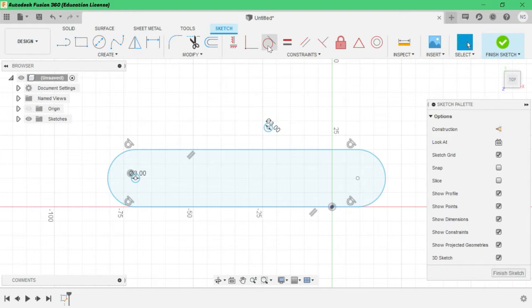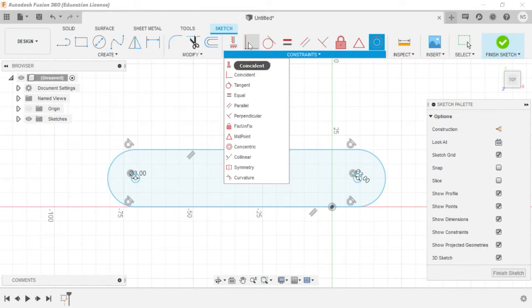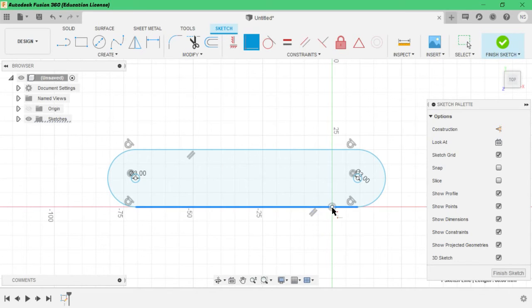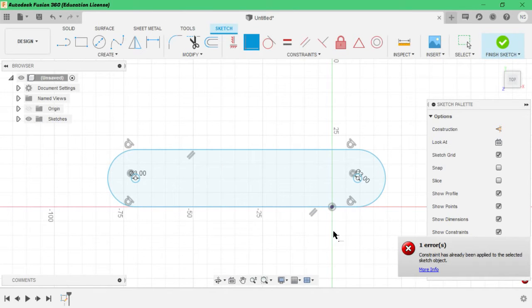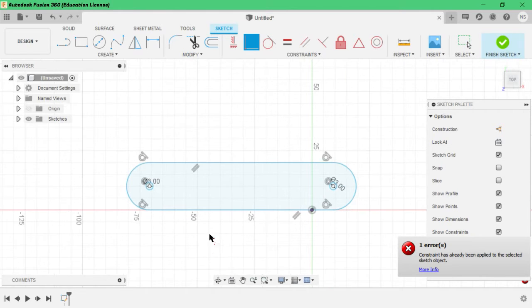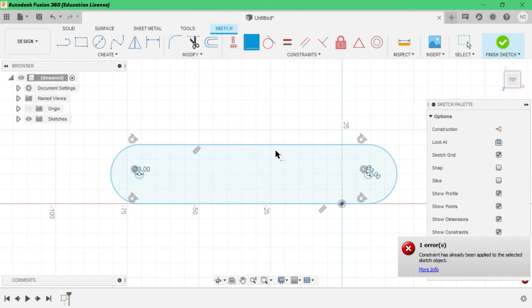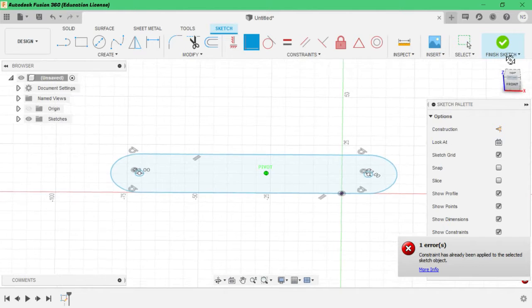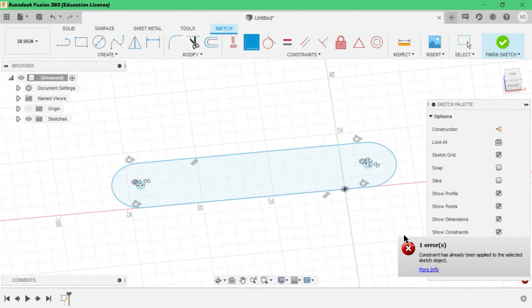click and draw. Now click on concentric. This has to be concentric with this. See how it works. Now these are all in constraint, and again we will give a coincident on this and this. It is already applied. Yeah, you've seen it like that. Now I want to extrude this. Okay, wait, there is an error. Finish sketch.